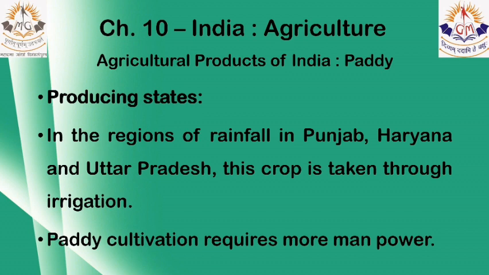Now we are talking about North India. In North India, if Punjab is the first state mentioned, that means Punjab is the largest producer of paddy in northern states. The 3 states in north which produce rice are Punjab, Haryana and Uttar Pradesh, where there is lots